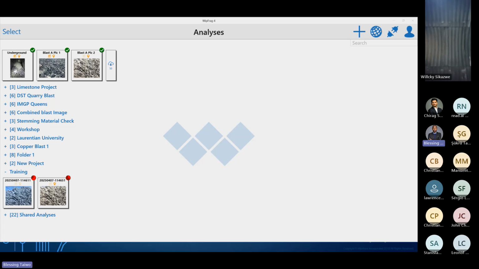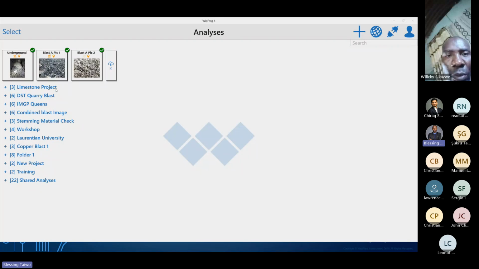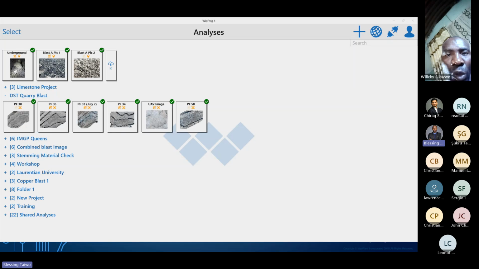Okay. Thank you. Yeah, so I'm going to be proceeding to showing the interface and also performing an analysis using the software. This is the interface of the software, easy to use software. These are examples of analysis that I've done on the software. These analyses are projects in a limestone quarry to assess the material and make sure the quarry is blasting up to their expectation. And this is an example of projects going on right now and being presented.